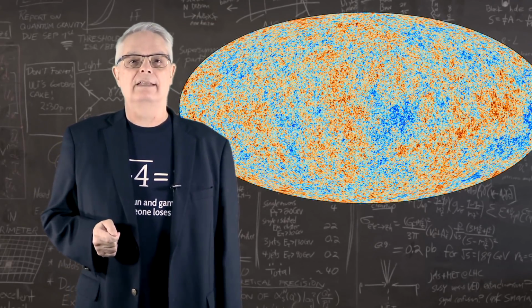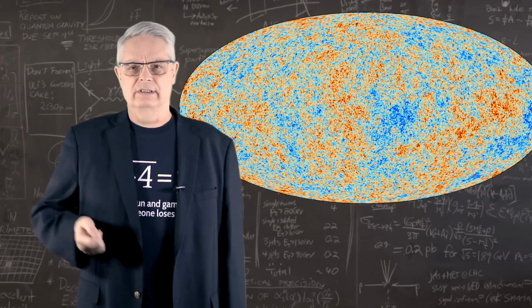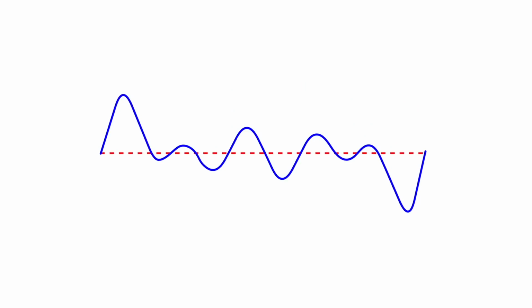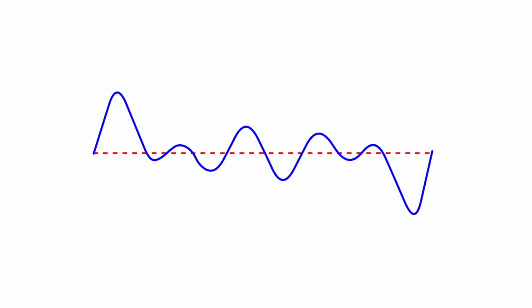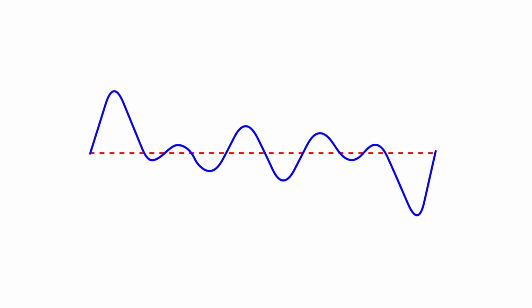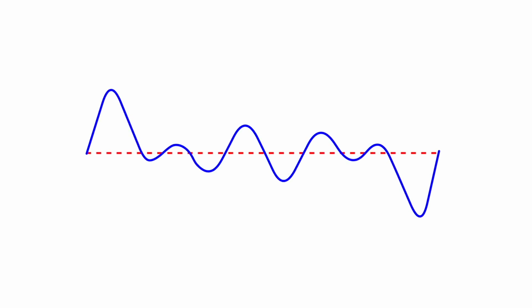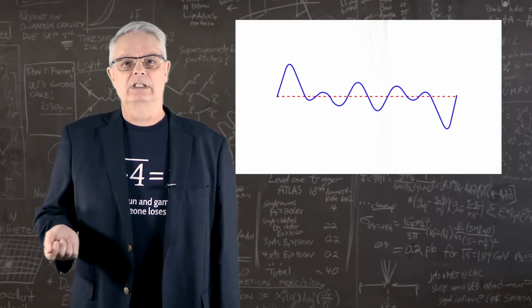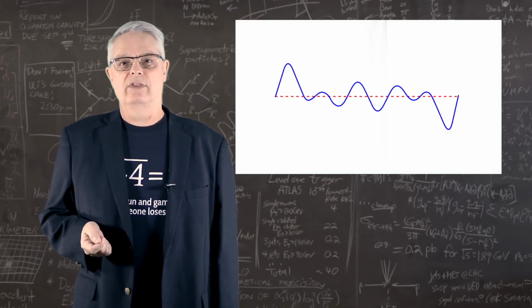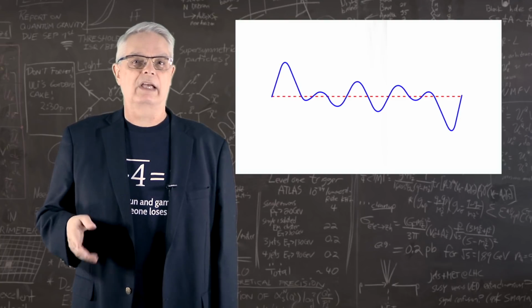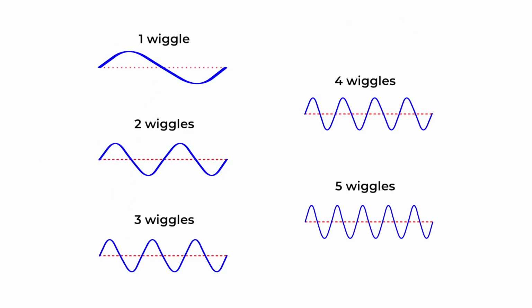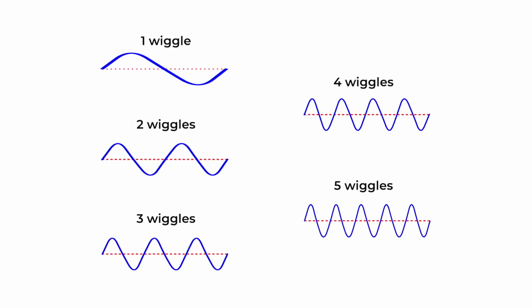However, before we do that, let's take a little dive into some simple math. Let's start by looking at this mathematical function you see here. It's definitely a bit on the weird side with all sorts of upward and downward wiggles. Now, when physicists, mathematicians, and electrical engineers see that sort of thing, they immediately ask if the function can be broken down into a mix of sine and cosine waves. You can see a few examples here.